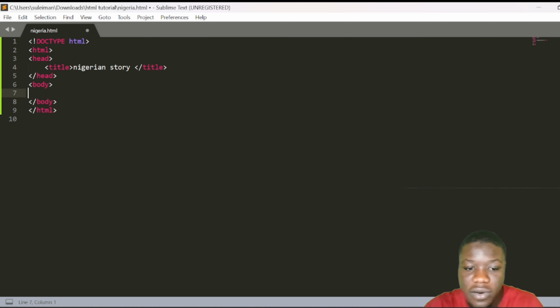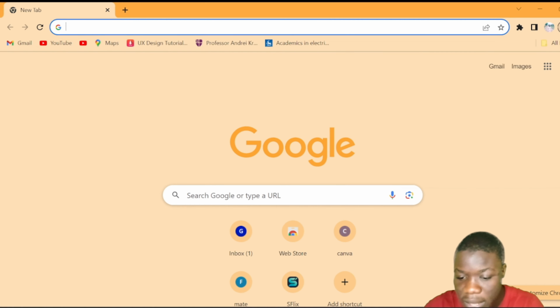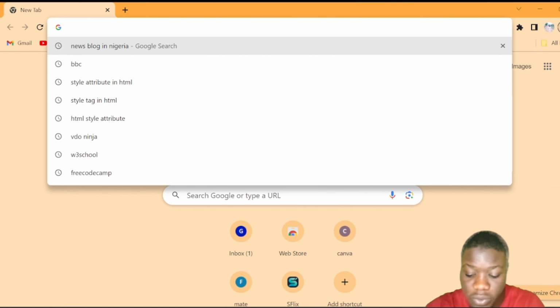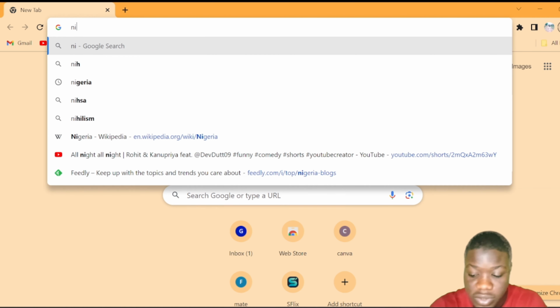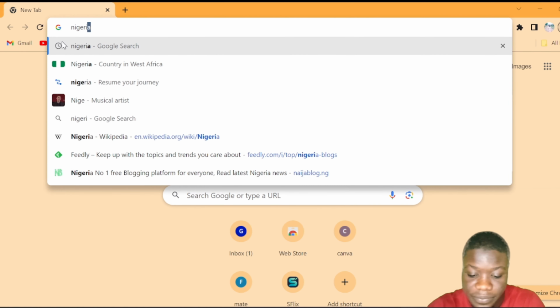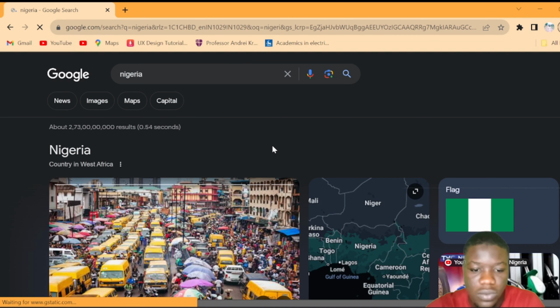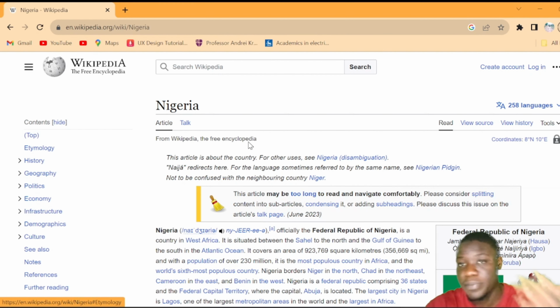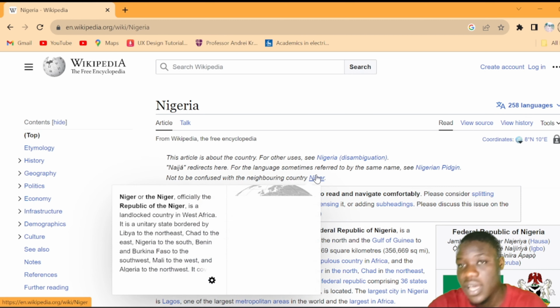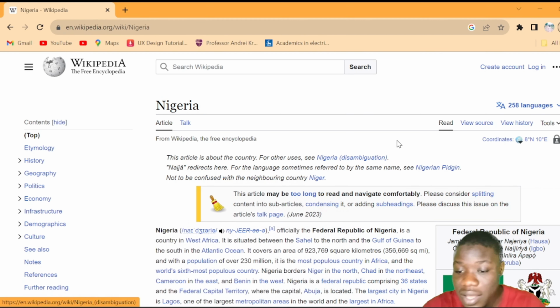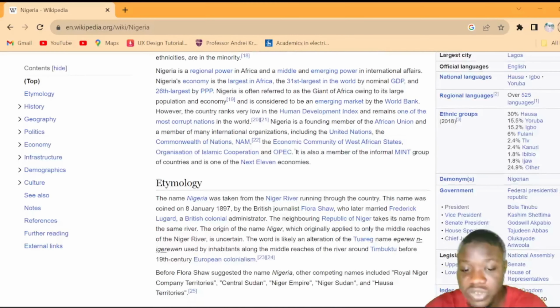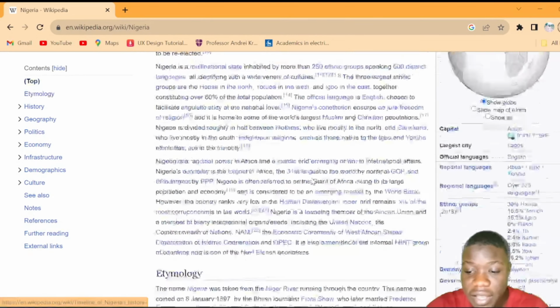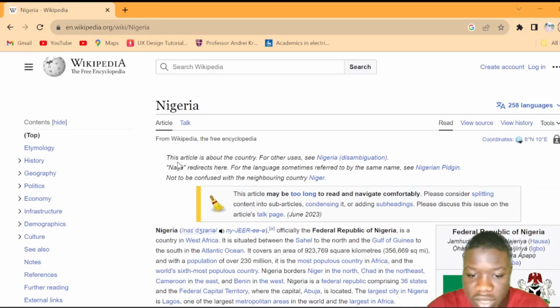So farkon abin da zamu shine za mu je mu duba article ɗin da za mu amfani da shi. So ga browser ɗina zan koyi type in Nigeria. So I have typed it, and this is a Wikipedia article that I wanted to replicate. So this is a very extensive history of Nigeria, which I feel we can just replicate it. So zan fara yin paragraph from the